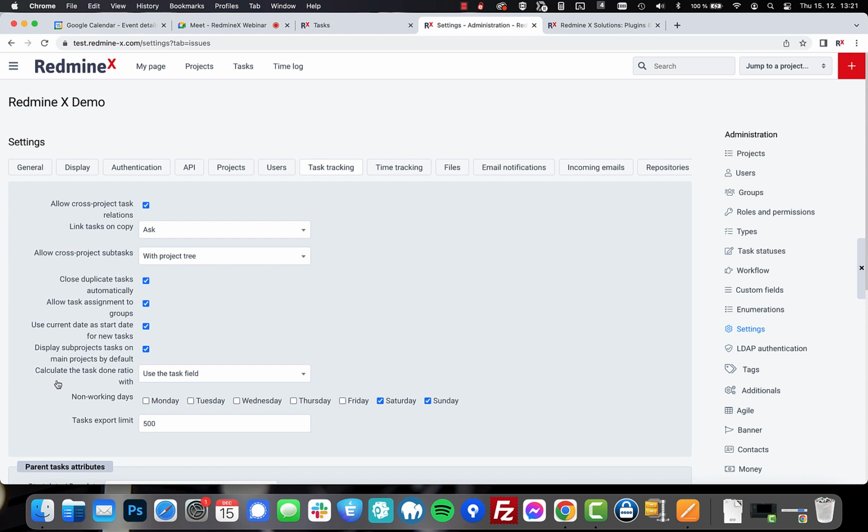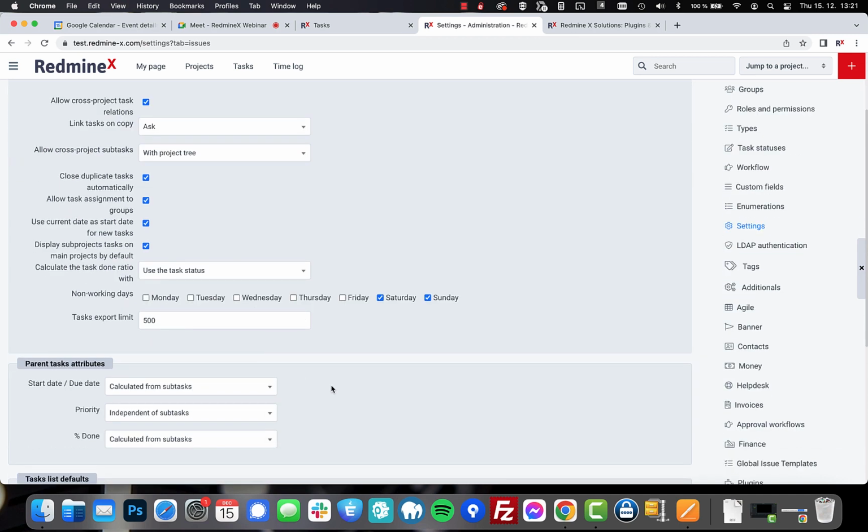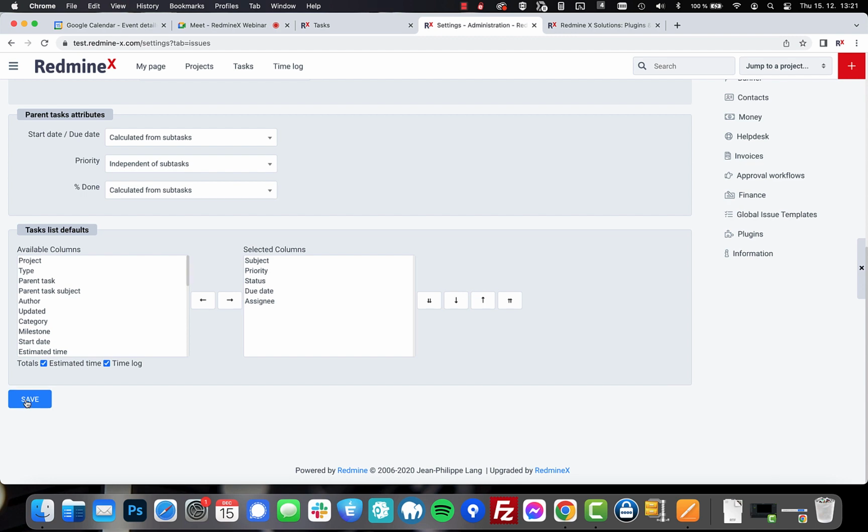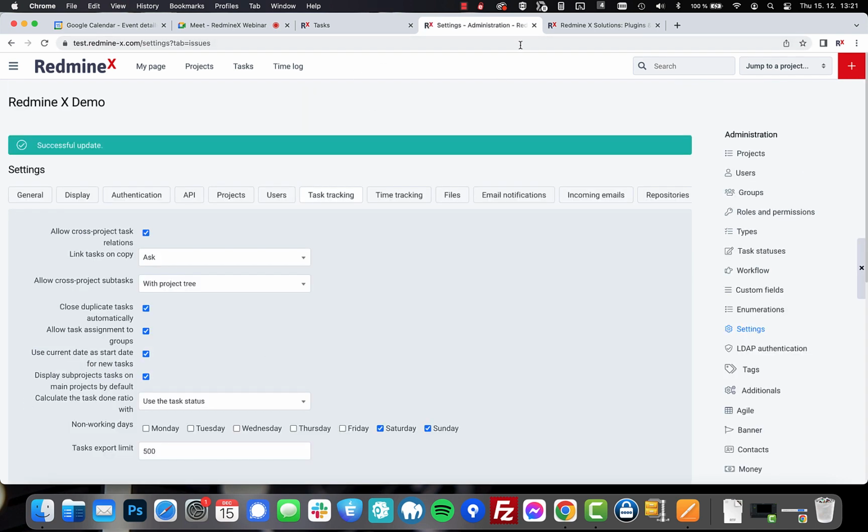And there's an option, calculate the task done ratio with use the task field, which is currently set, or we can use the task status, meaning you can tie a task status, typically like a completed status, to 100%, for example. Right? And when I save it